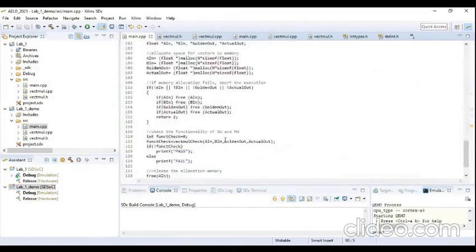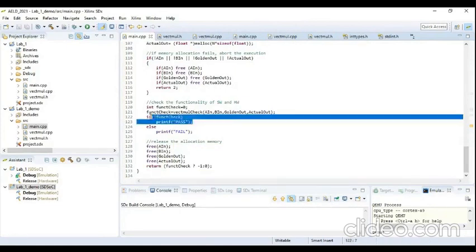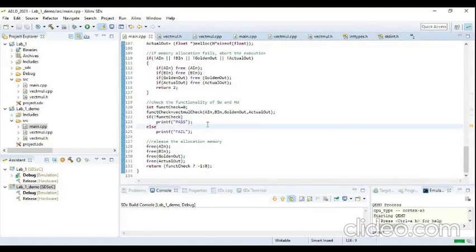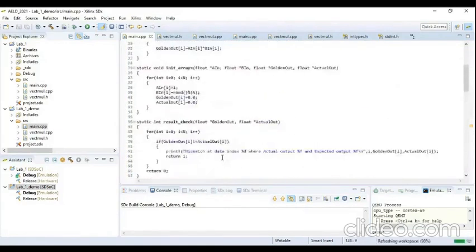So if this vectmul check returns 0, the func_check value will be 0, and if not, meaning if it is 1, then printf fail, else we will get the output as pass. Finally, after the operation is done, we are freeing the memory space, like a_in, b_in, golden_out and actual_out. So this is all about the code.